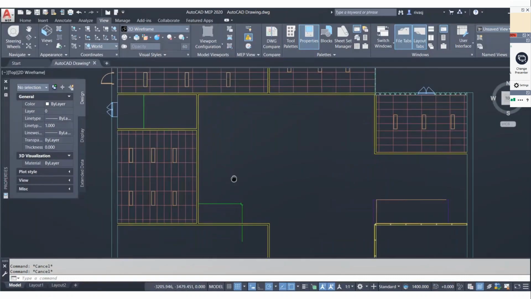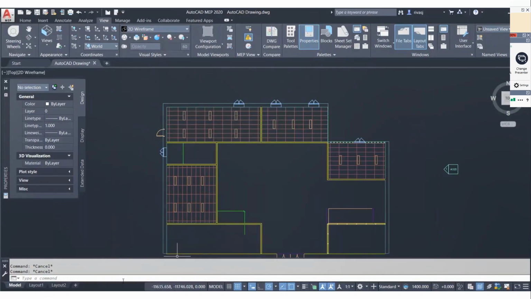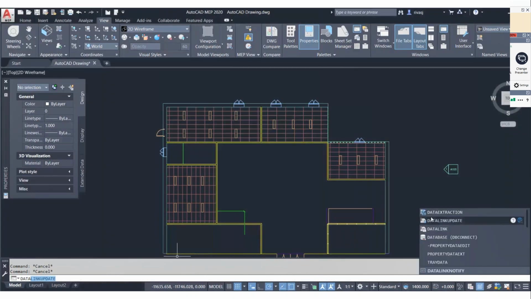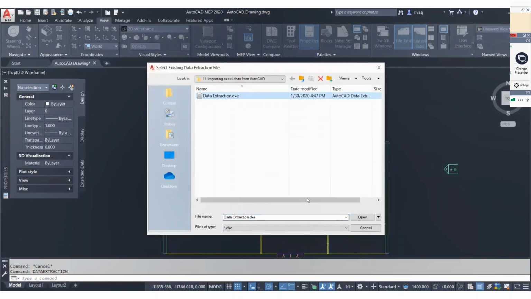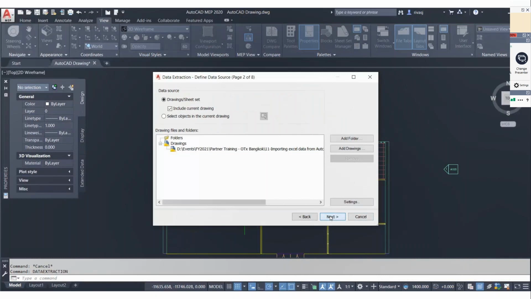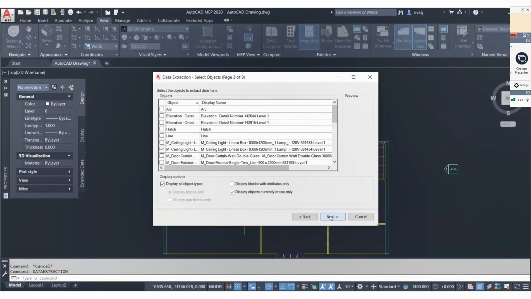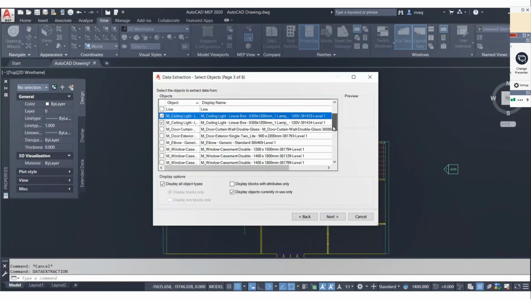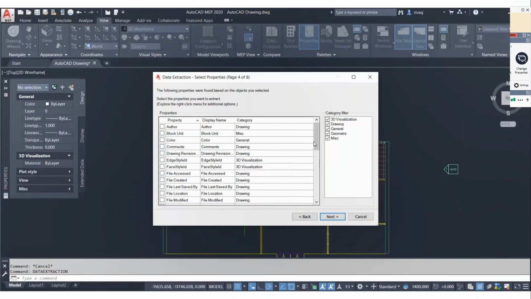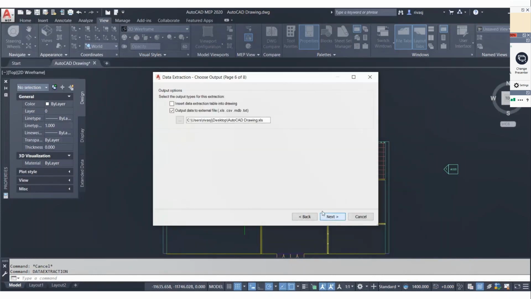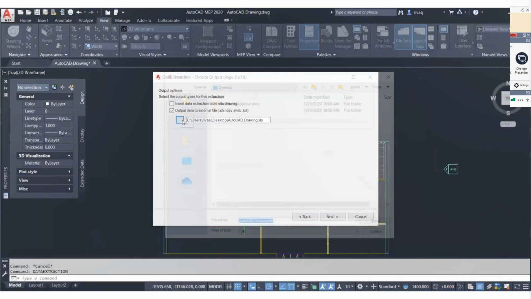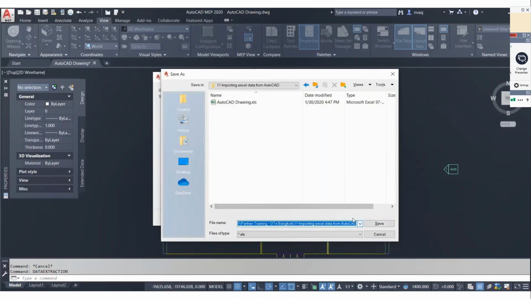So we can make use of the data extraction command in AutoCAD to extract the details of the blocks representing the lighting fixture. What we are basically exporting out is the information pertaining to the type of block, which will map to the Revit family, and then the coordinates of its placement in terms of the X and Y position for that particular block, which will give me the location of where I need to place that lighting fixture family within the Revit model.